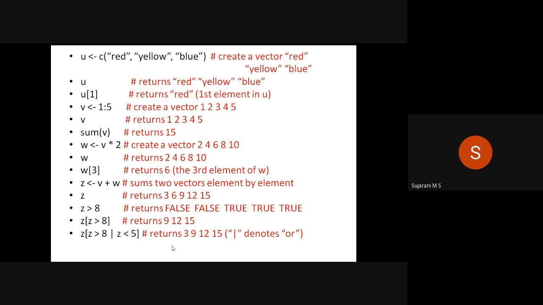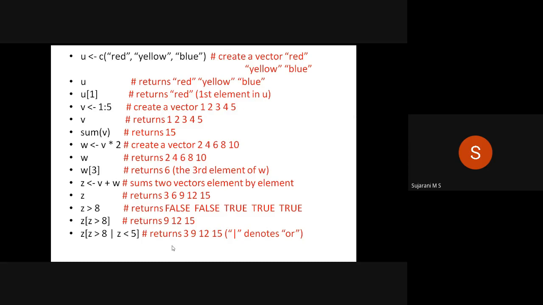Okay, next another example. Initializing another variable, w is equal to v times 2. That means v is a vector containing elements 1 to 5 and each element is multiplied by 2. So our resulting vector is 2, 4, 6, 8, 10.